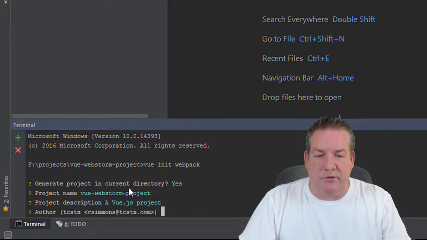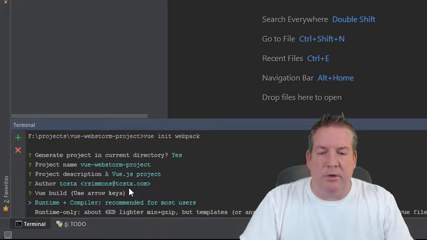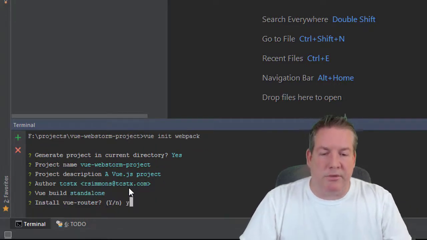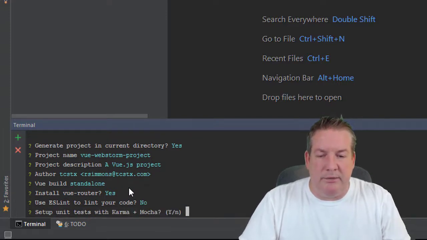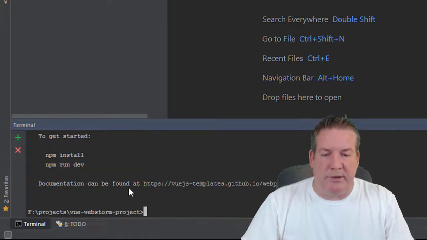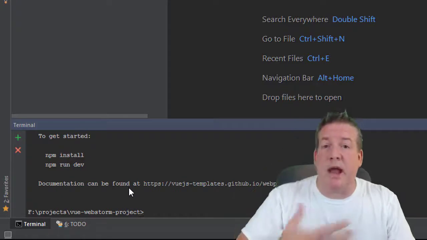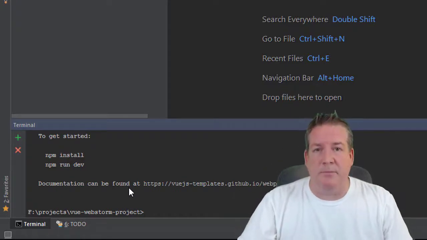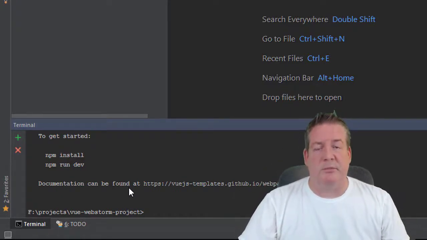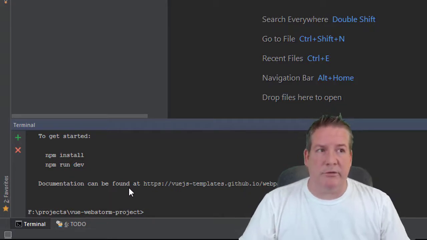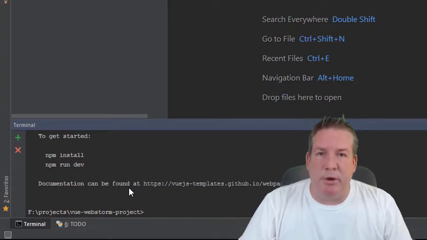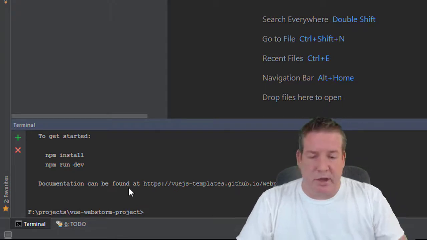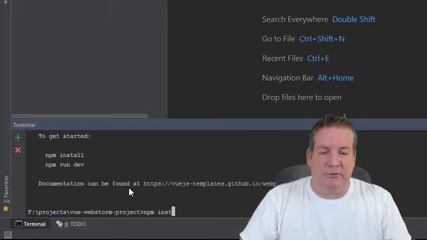Project name, project description, the author, the runtime and compiler. Do I want the router? I always want the router. I'm not doing ESLint. I'm not doing testing. I'm not doing end-to-end testing. Like I said, I run ESLint all the time, but I don't do it in tutorials because it's compiler blocking, and I go searching for a semicolon I may have put in during a tutorial, and that's a waste of your time. And then npm install